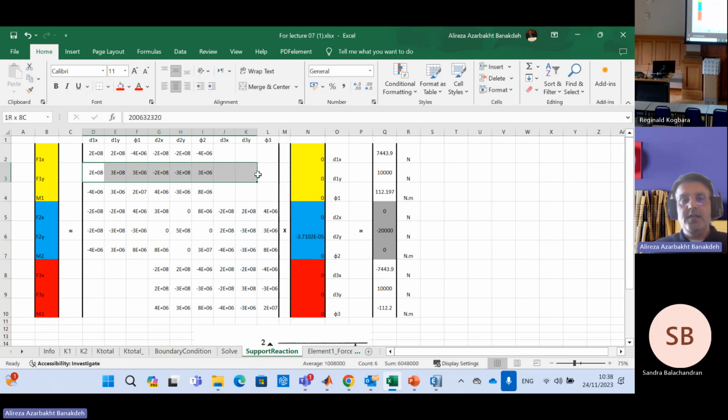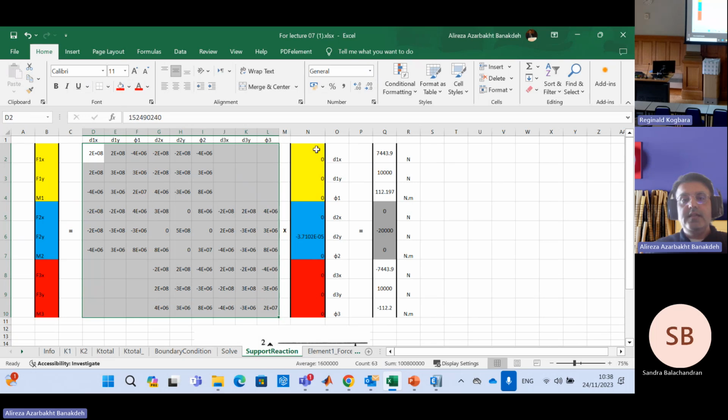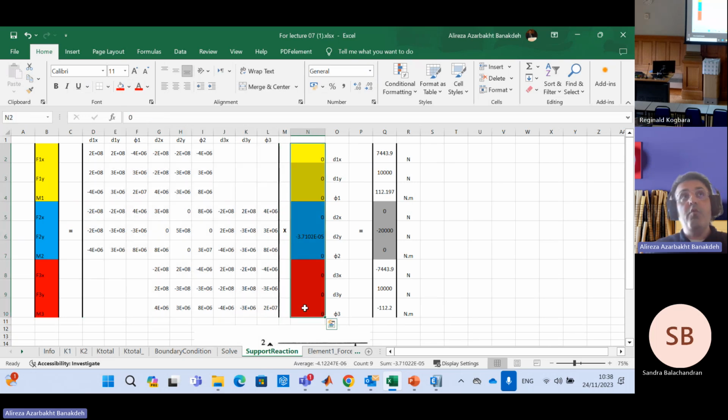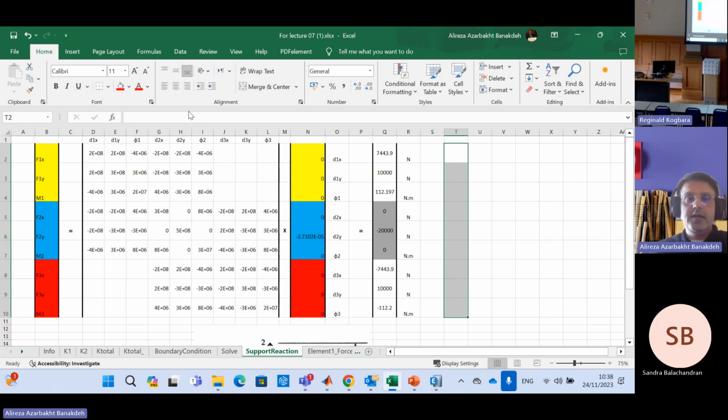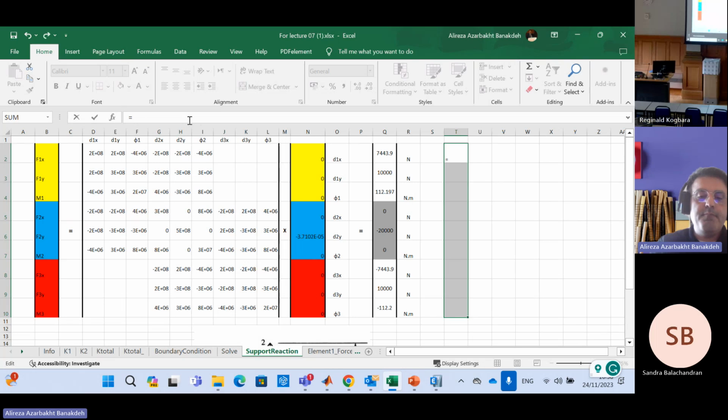And the second line multiplied by this column, the result will be this one. You can do it manually, or you can do it like this. Because this is the 9 by 9 matrix, and this is the 9 by 1 vector, the result of the multiplication should be a 9 by 1 vector. All right? So you can select a 9 by 1 range and write the formula equal to